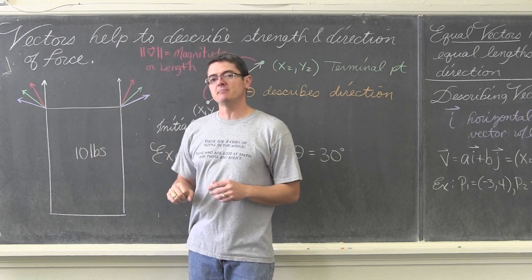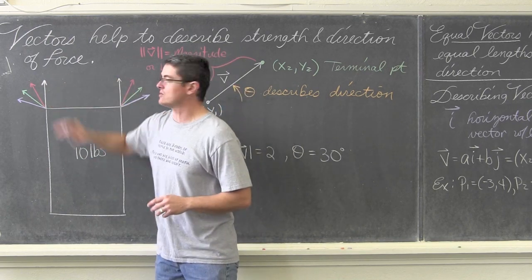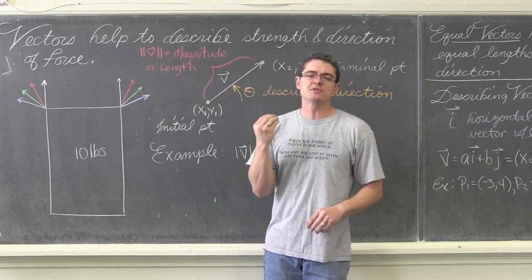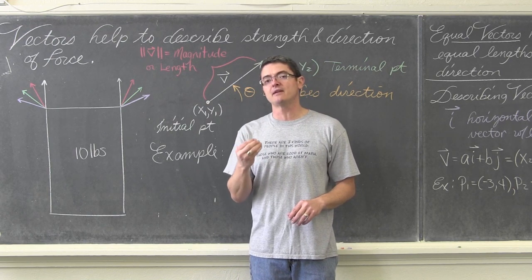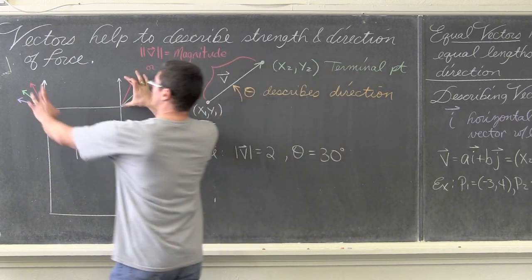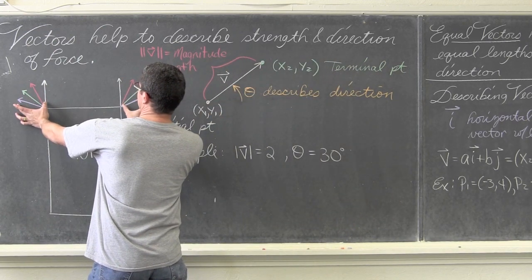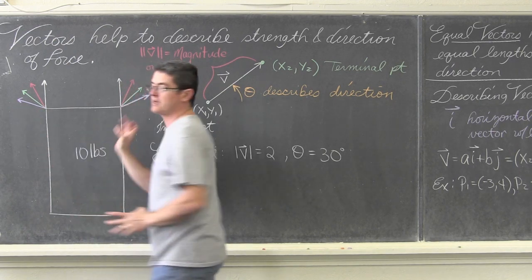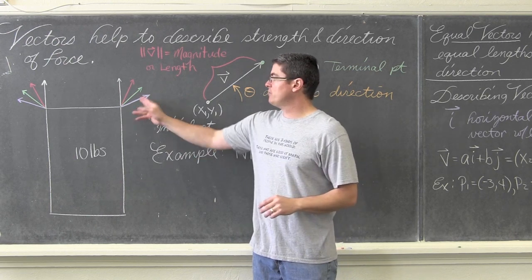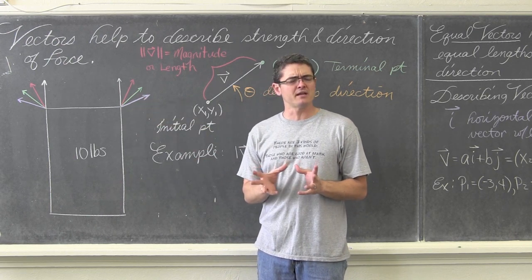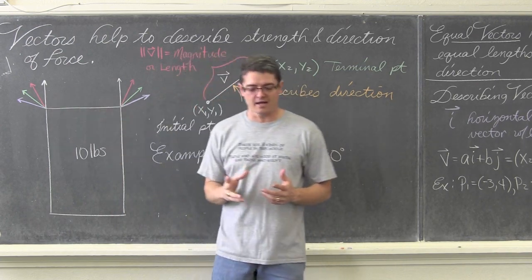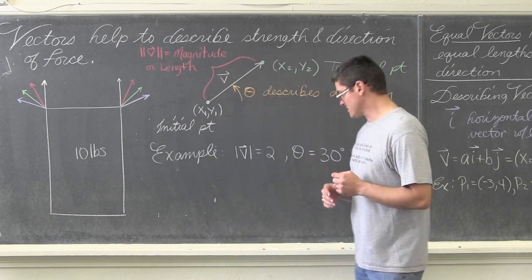If this entire frame is 10 pounds, then each of these vertical vectors in the opposite direction of gravity, which pulls down, will give you the most efficient way of hanging that picture, or to put the least amount of tension on those wires. Now, if I start to let those wires fan out and maybe use this orientation, the purple lines, to hang the 10-pound picture frame, then how much force would be placed on those cables? Do you still think that it would be 5 pounds, because it's being shared evenly from the left and right-hand side? Well, actually, the answer to that question is going to be no.